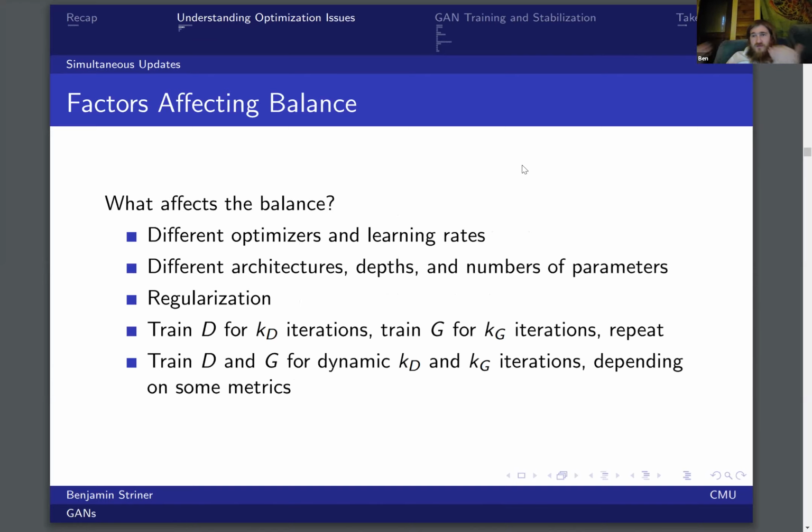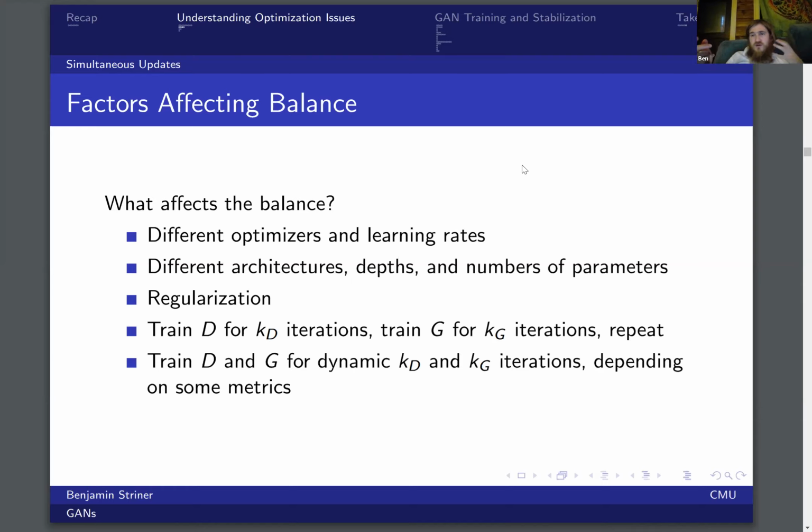And the way that you can affect the balance between the two of these things, many different factors go into: is your generator training fast enough? Is your discriminator training fast enough? The way you can affect that depends on what the optimizer is. If you've got something like Adam versus SGD, they're going to train at different rates. If you have a higher learning rate or a different learning rate for your generator and for your discriminator, you can change the balance between the two of them. If you have different architectures and numbers of parameters, you can change the balance between the two of them. If one network is very, very deep with a lot of parameters, it might not train as quickly as a